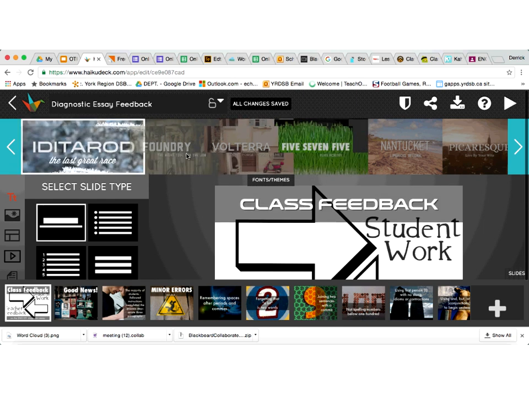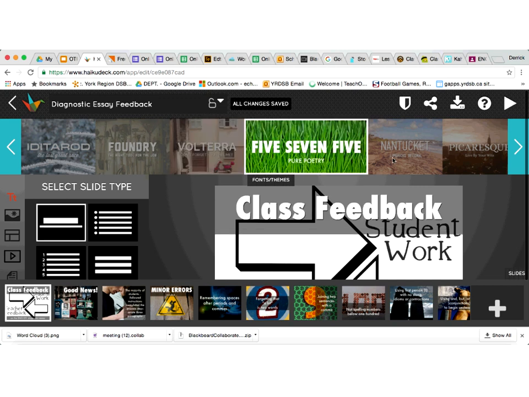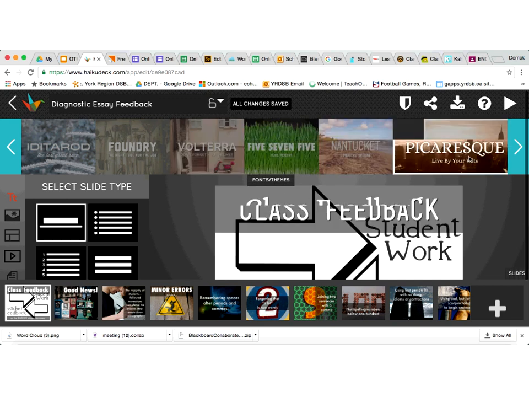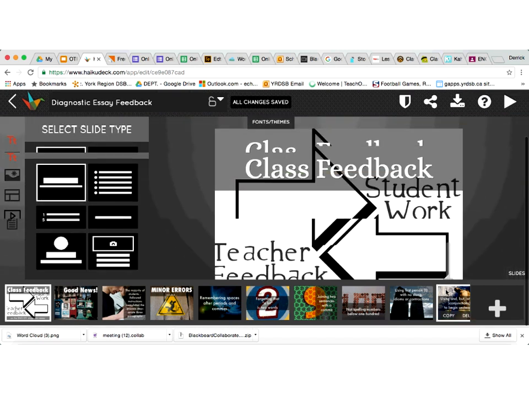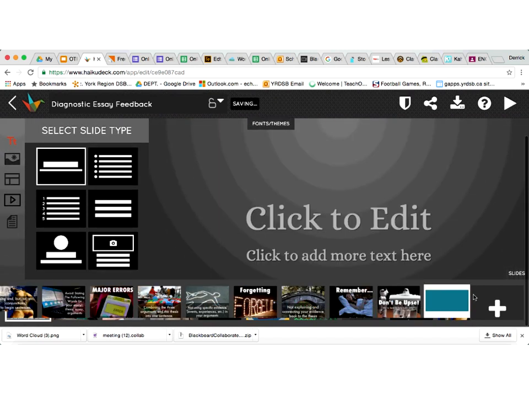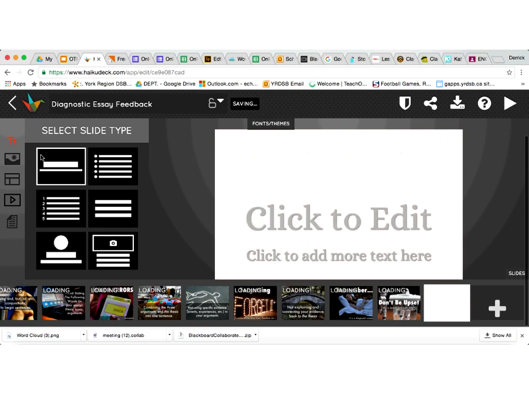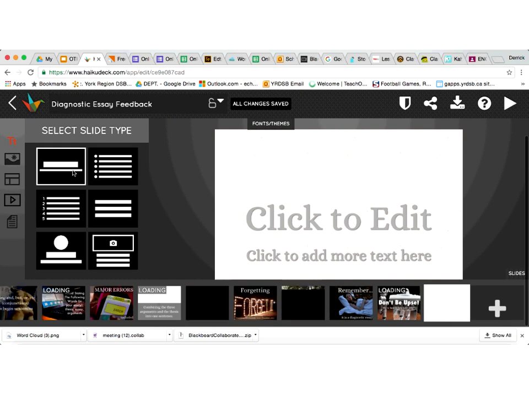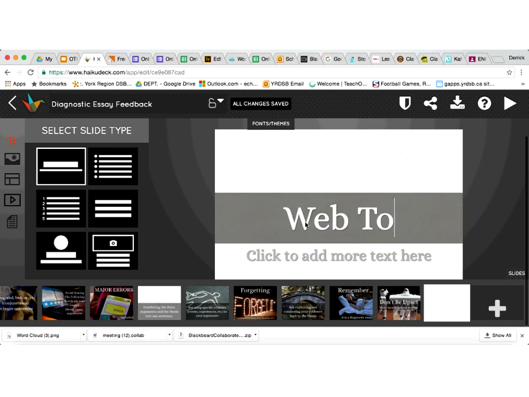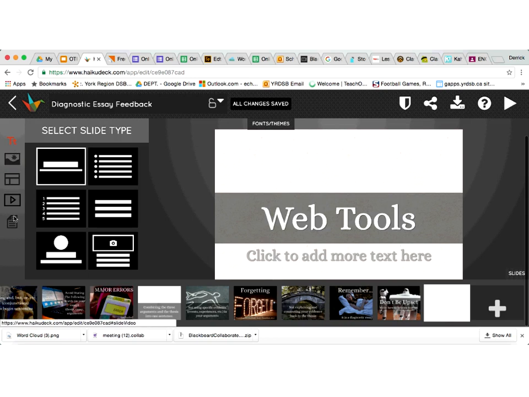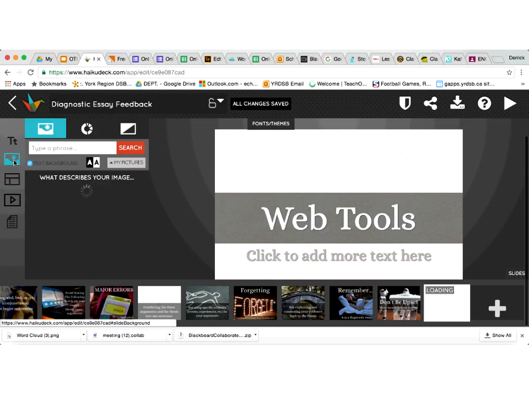So these are the themes that we have up here that I can choose for my presentation. So it impacts obviously the font. If I want to add a slide, I just hit this plus symbol down here, and I can choose which type of slide I want. So this first one in the top left might be to begin a presentation. So if I typed in Web Tools, then I can go up and down with these